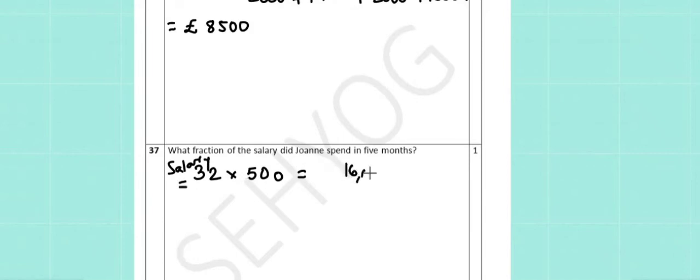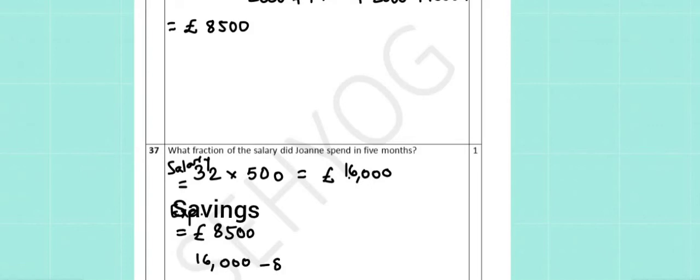Now from our previous part, we already have the savings. So the savings is 8,500 pounds. So from question number 36, we get the reference of the savings. So as a result, our expenses is 16,000 pounds salary minus 8,500 pounds